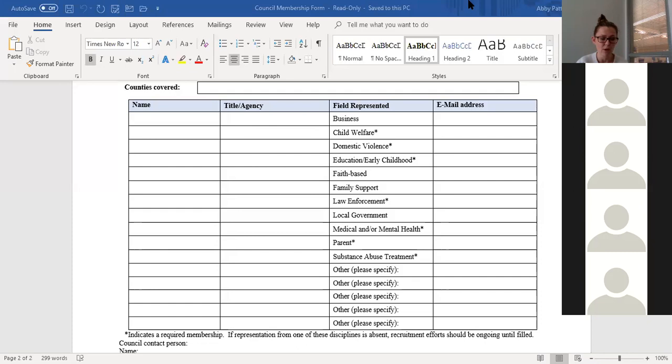So I just wanted to walk through that a little bit. If the council is the entity listed on the contract, they are still technically responsible for that project. And it's understood that if they're not the ones providing it, they're subcontracting with a provider.